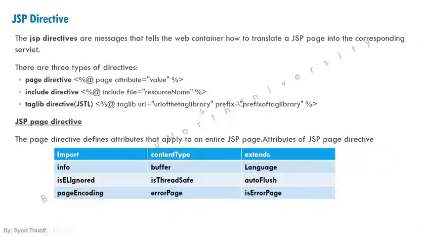So we will check out now extends. This is very rarely used. As we are using some classes to extend, right? Inheritance we are making, right? Using extends we can extend other classes, parent class or child class. This way we can use it. Okay, now we'll come to info. What is the use of info now?